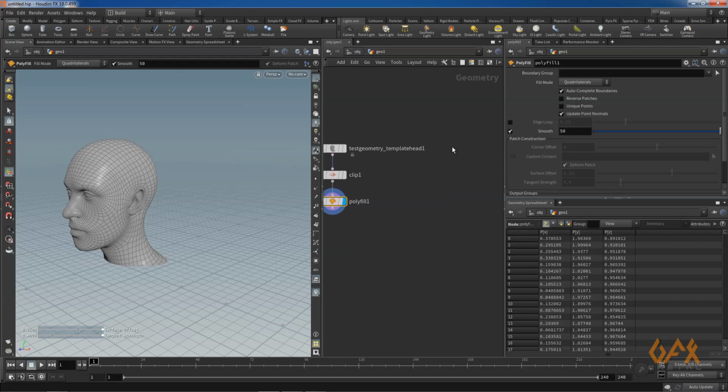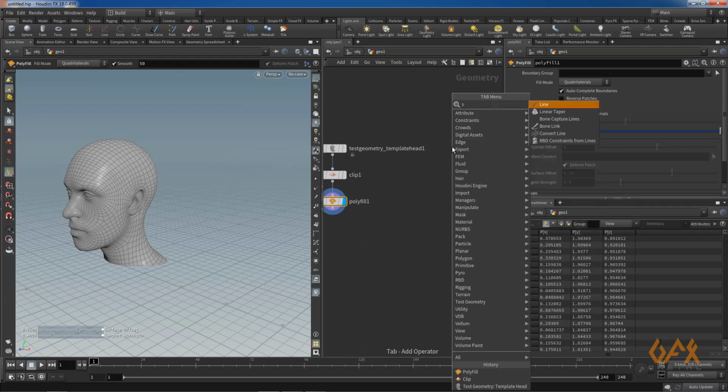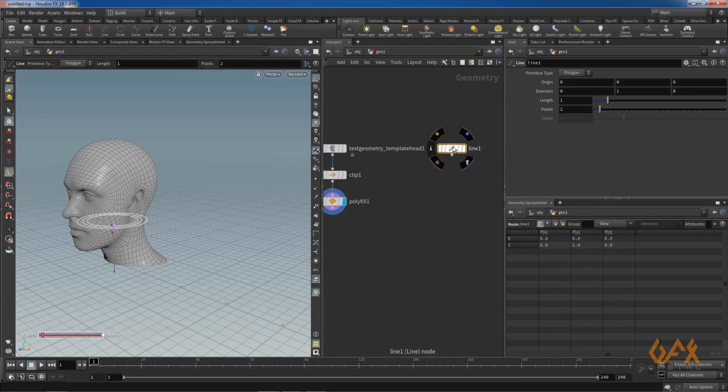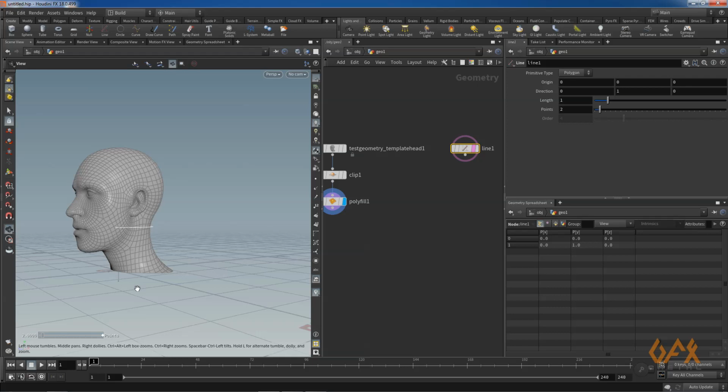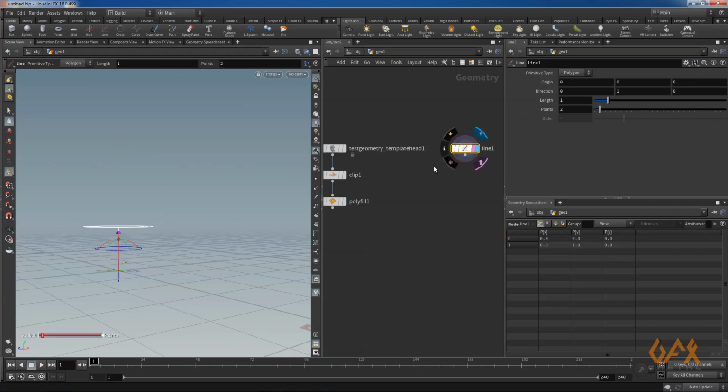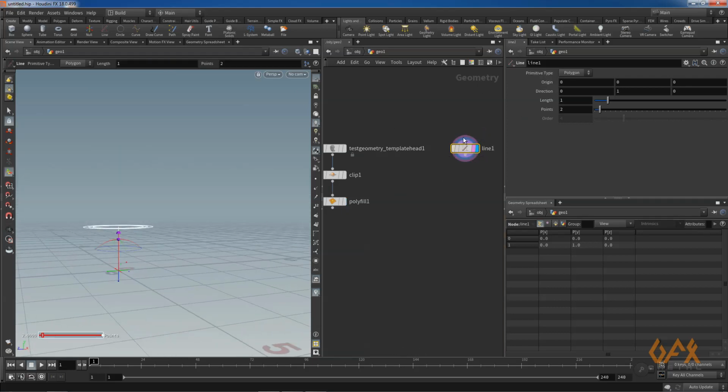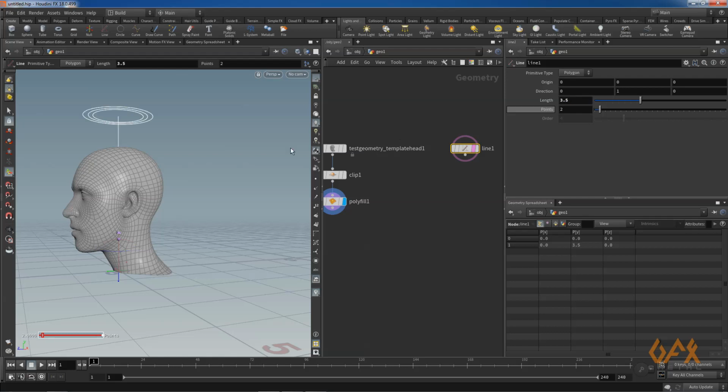Now to apply cuts over here, I just tab over here and create one line. Now I create that line vertically and I just increase the length, like 3.5 or 3.2, depends upon your geometry. 3.1 is okay, maybe 3 is okay.